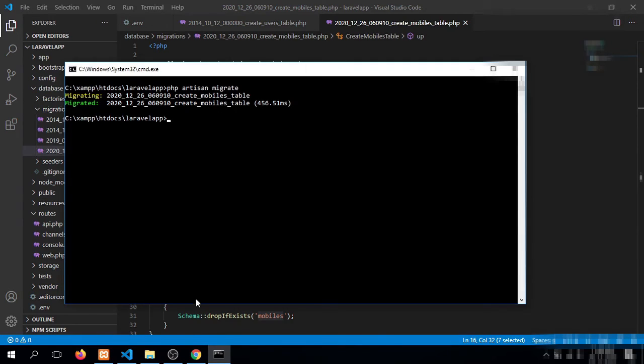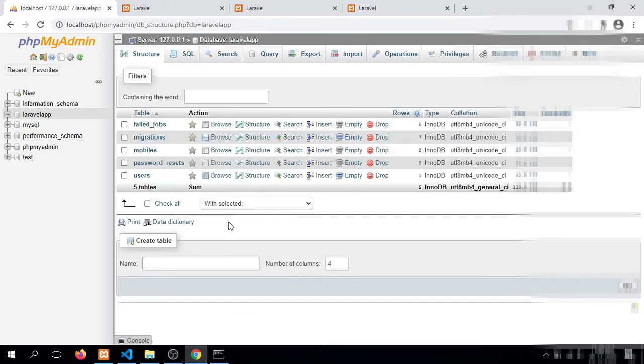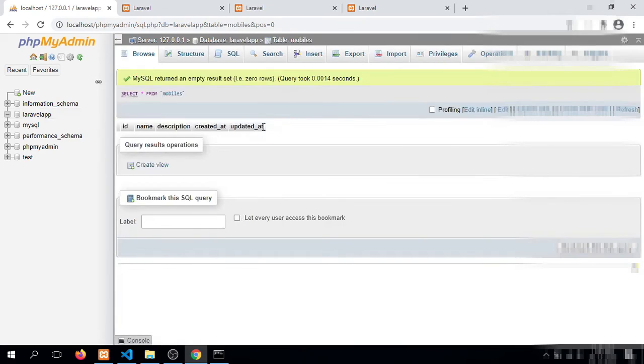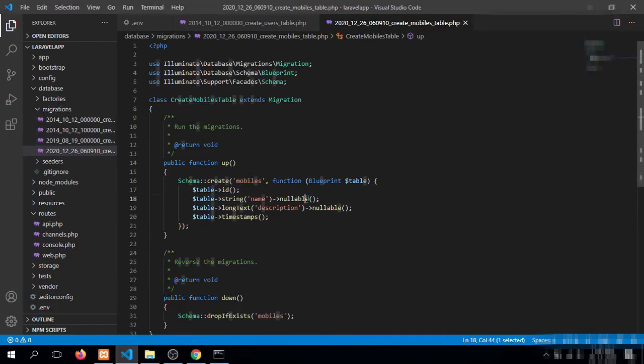See that mobile table has been migrated. We have one more table in our database. You can see the structure of our table. ID is a big int, auto increment, name I have defined, but we can assign null values, it is nullable.